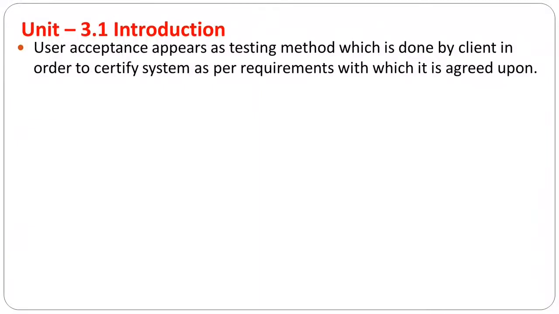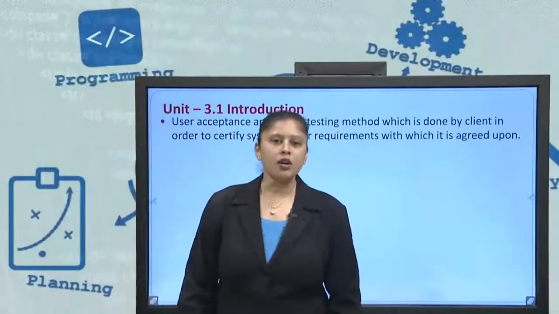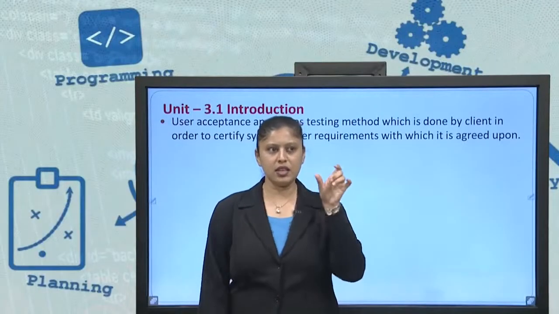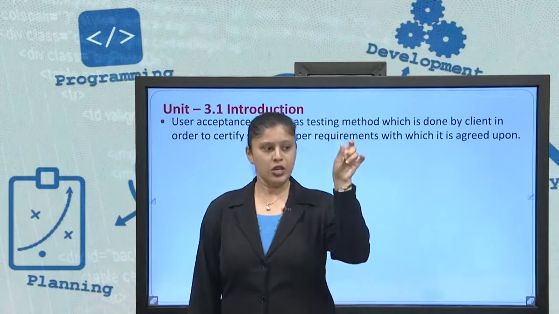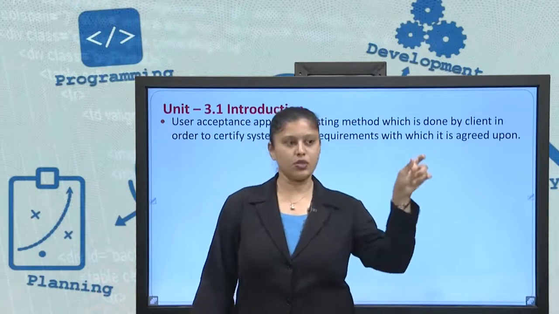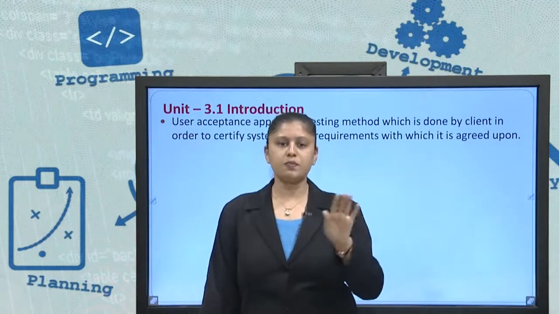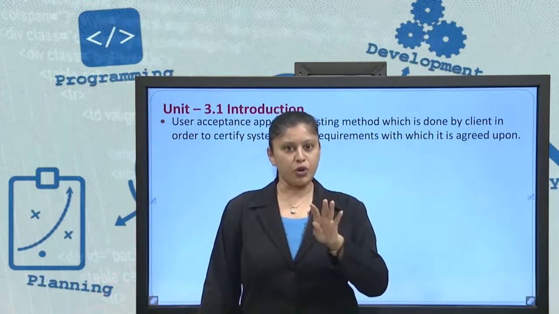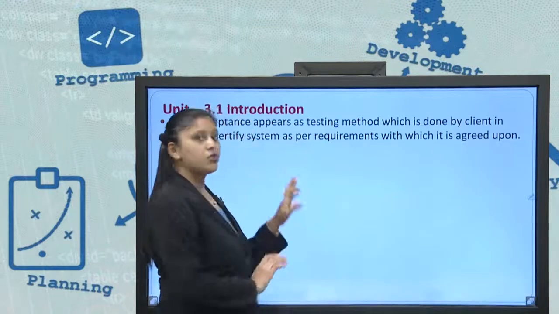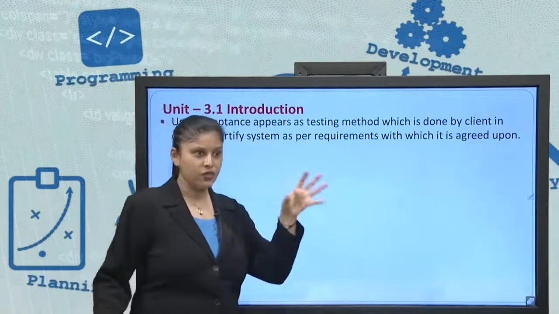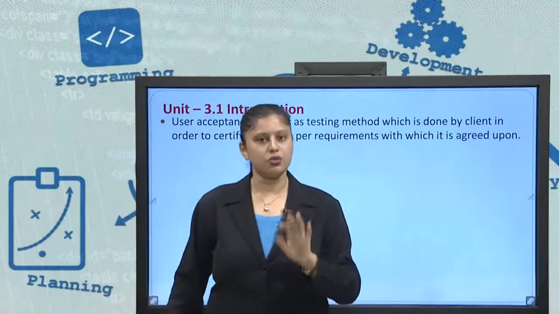This is the introduction part. User acceptance appears as a testing method which is done by the client in order to certify the system as per the requirements with which it is agreed upon. Now if you understand just the terminology, it says that if my user accepts that this software is okay and it is proper, then that is called user acceptance, and when it tests for that, it is called UAT, that is user acceptance